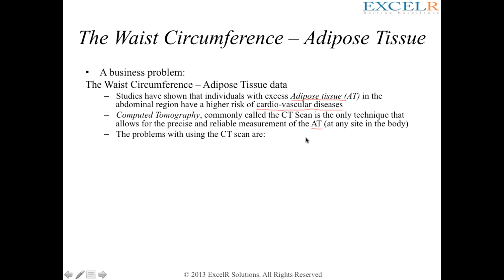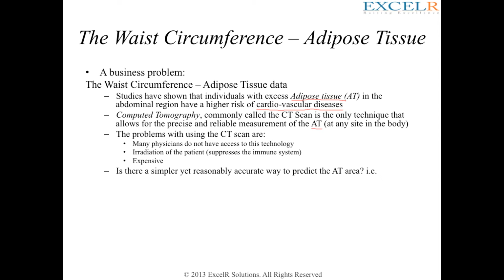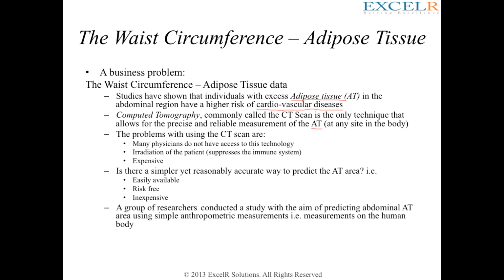However, there are a few problems associated with the CT scan, and those include these. Many physicians do not have access to this technology. Irradiation of the patient is going to suppress the immune system, and it is considered to be expensive. So, what is a simpler yet reasonably accurate way to predict the adipose tissue, which should be easily available, risk free and inexpensive? And here is where a group of researchers thought, let us check whether we can predict the adipose tissue area using very simple